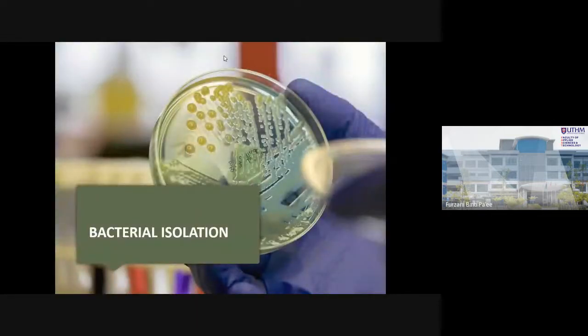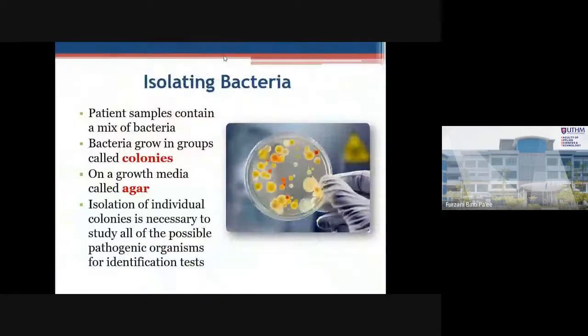Next one is on the bacterial isolation. The reason why we isolate the bacteria is because we want to have a single colony. When the bacteria grow in groups, then it is called colonies. So anytime you hear people talking about colonies, it refers to the bacteria that grow in groups. So it is not a single colony, it is not a pure colony, but simply colonies. It means the bacteria that grow in groups, and the bacteria must grow on an agar, or on